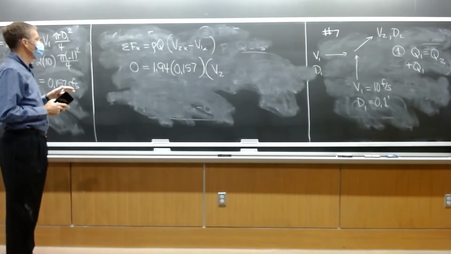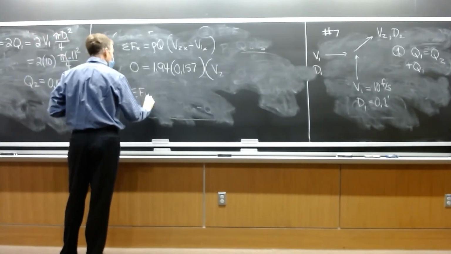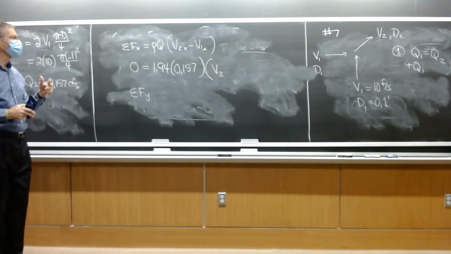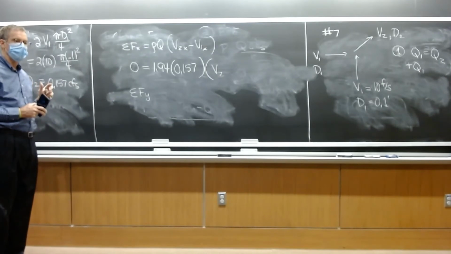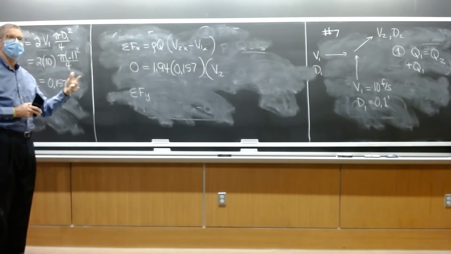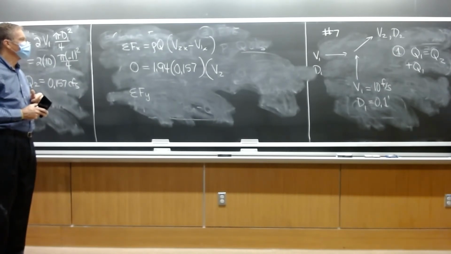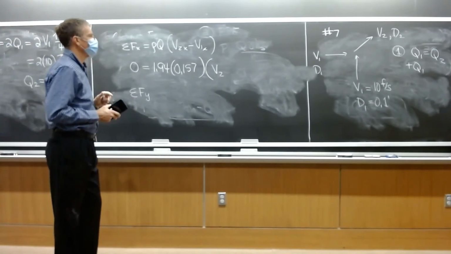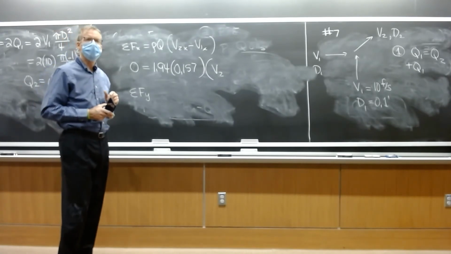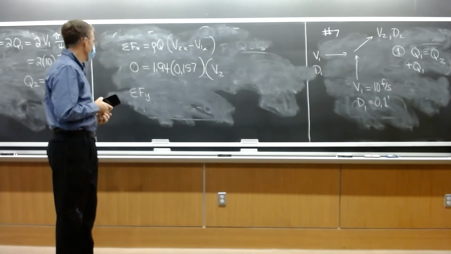So you could do the x components and the y components, write them as a ratio, and then that's going to give you an equation for the angle. I don't really want to go through all the math though, but the idea is that